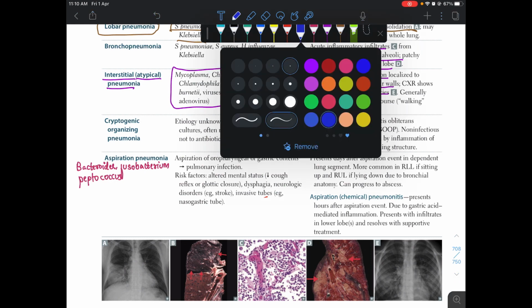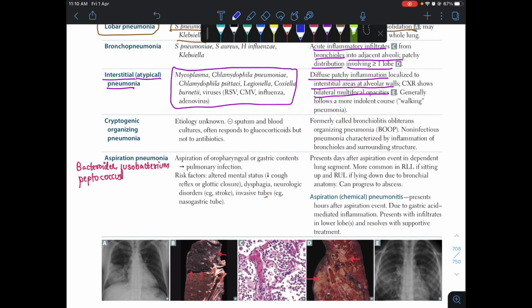Next we have aspiration pneumonia. Here the aspiration of any oropharyngeal or gastric contents leads to pulmonary infection. Aspiration can be seen in alcoholics, comatose patients, altered mental status patients due to decreased cough reflex and glottis closure, and those who have dysphagia, neurological disorders like stroke, and people who are on invasive tubes like nasogastric tubes. These people can develop aspiration pneumonia, and the main bacteria which cause aspiration pneumonia are anaerobic bacteria like Bacteroides, Fusobacterium